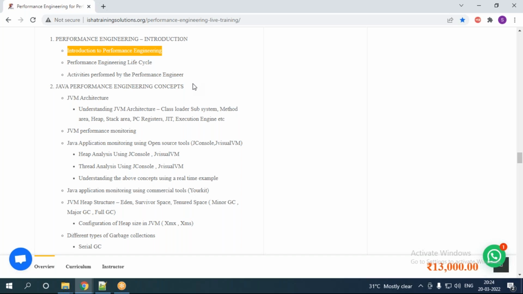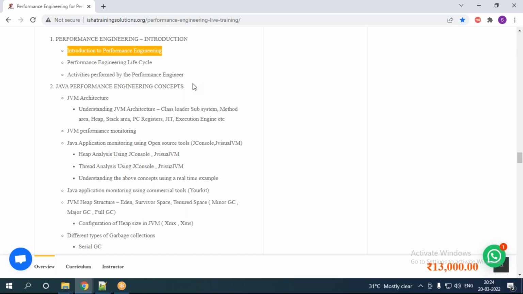Testing: software testing life cycle, STLC. Then performance testing: performance testing life cycle, PTLC. And then performance engineering: performance engineering life cycle, PELC.